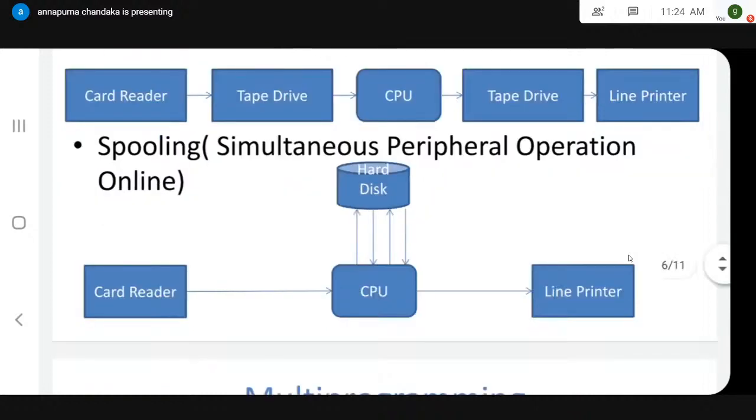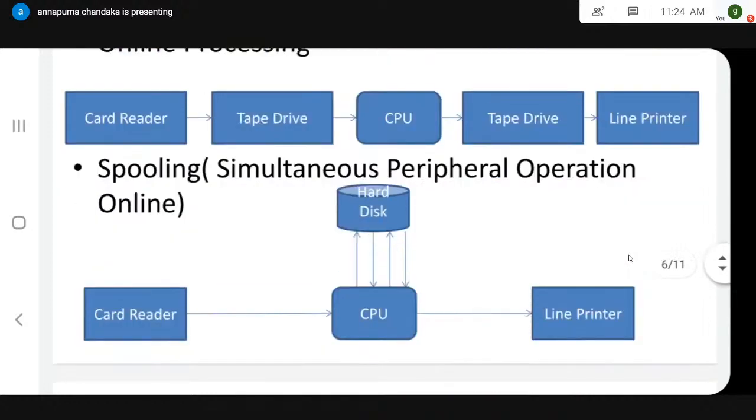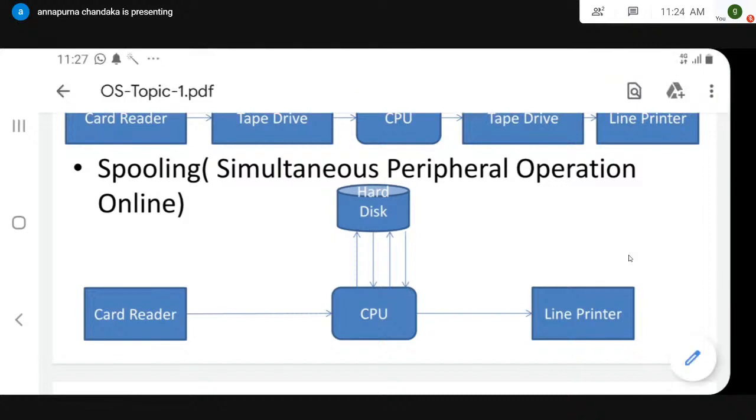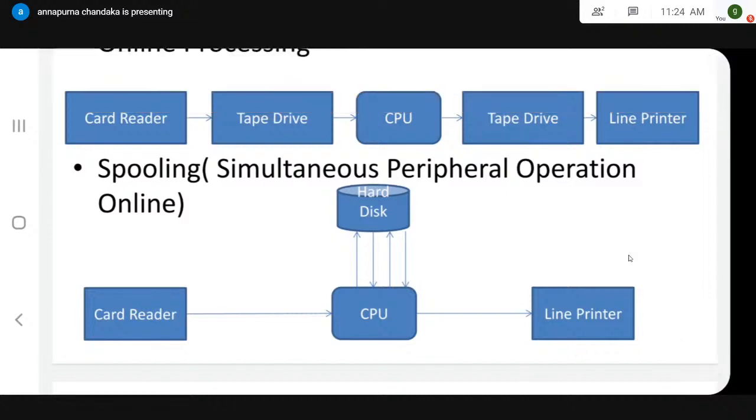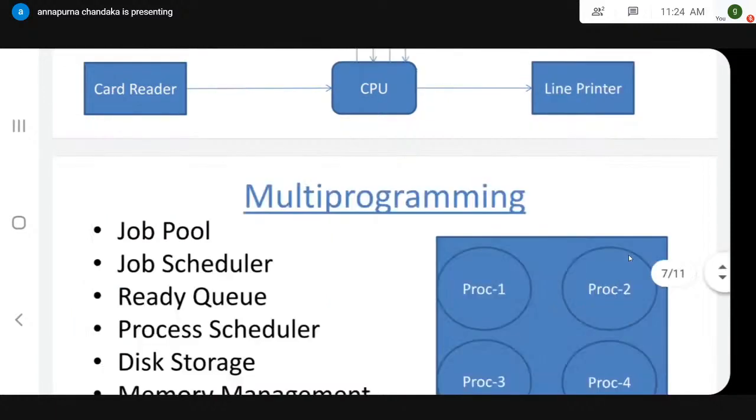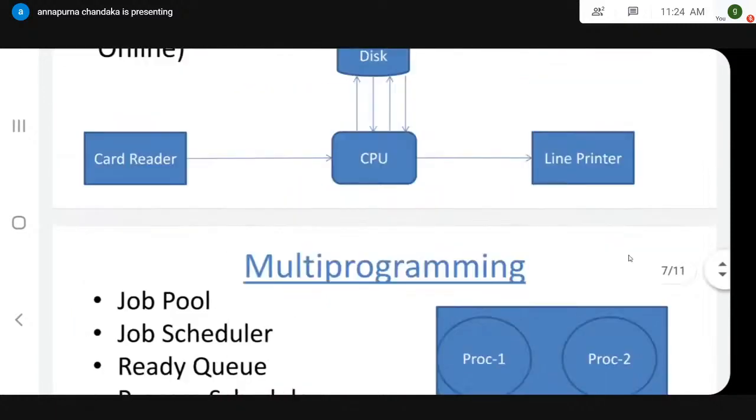Now, finally, they concluded that we cannot fully reduce the speed mismatch between CPU and IO devices, and we cannot fully reduce the speed mismatch between CPU and memory. Up to some level we can reduce it, but beyond that level we cannot. Then, to control the execution of the CPU and utilize it in a very efficient manner, some new concept was required. Then one scientist invented a beautiful concept.